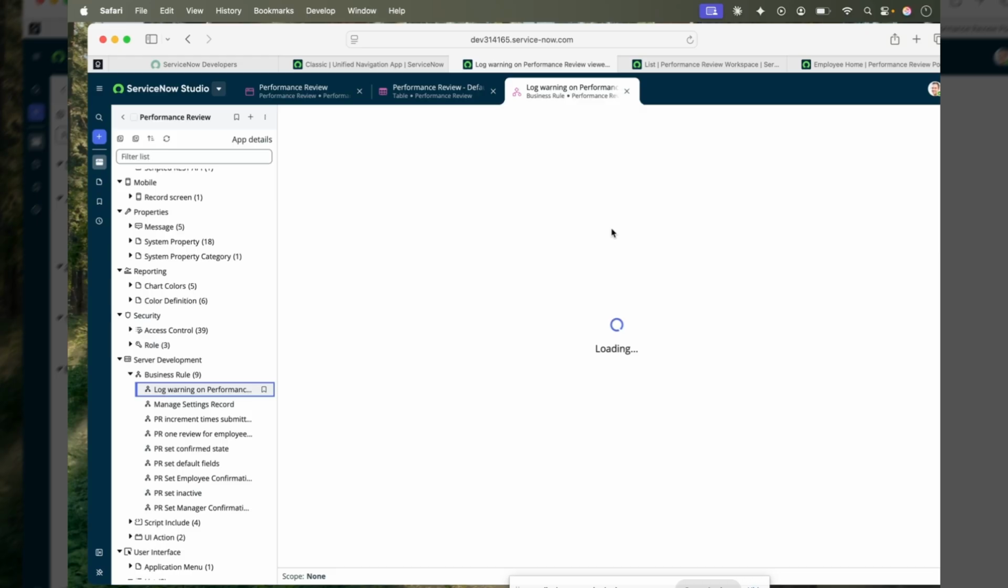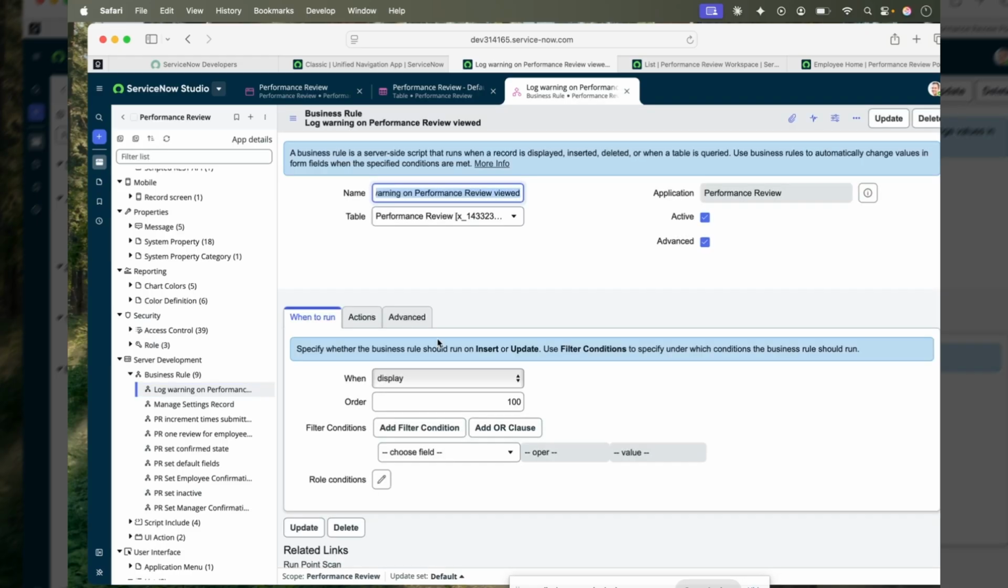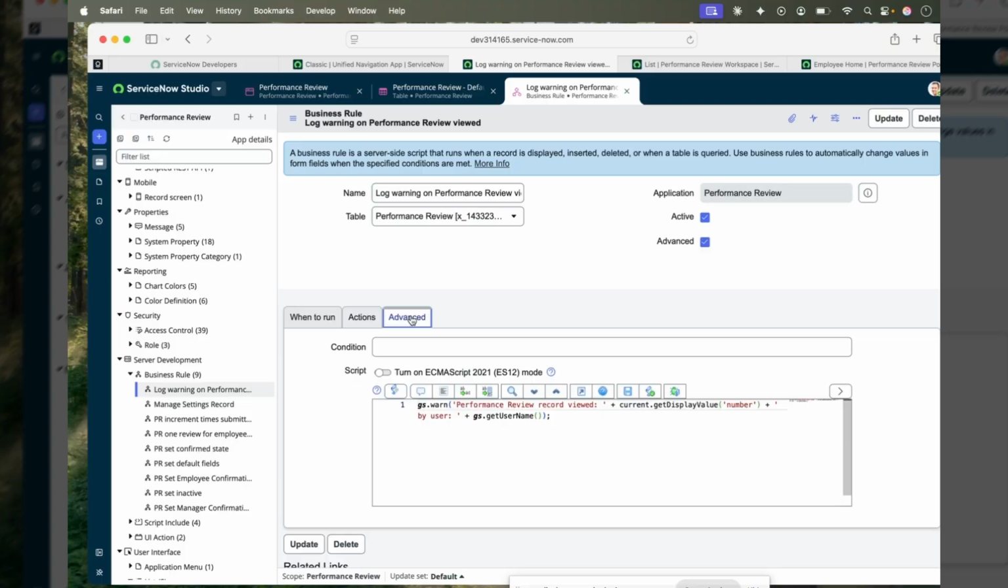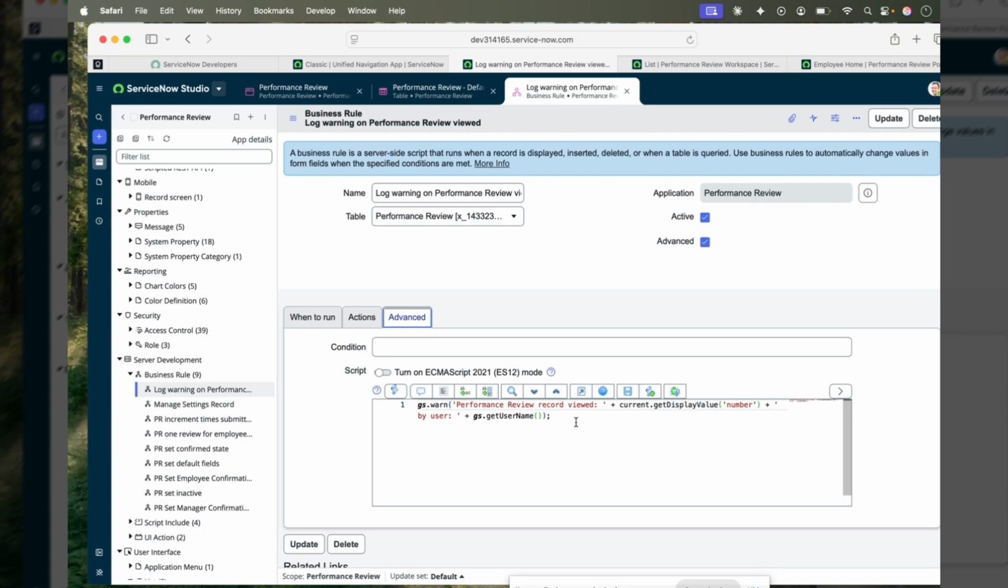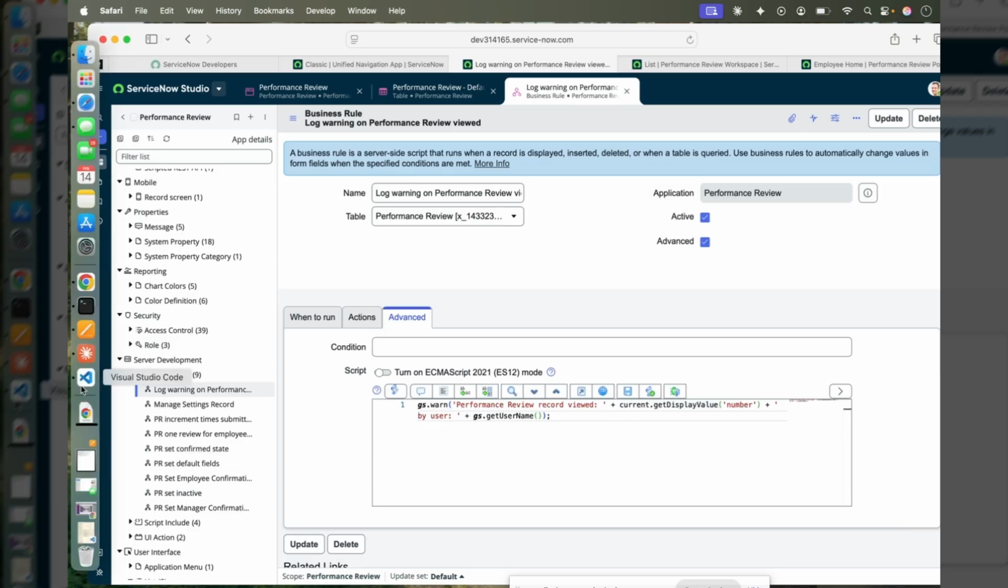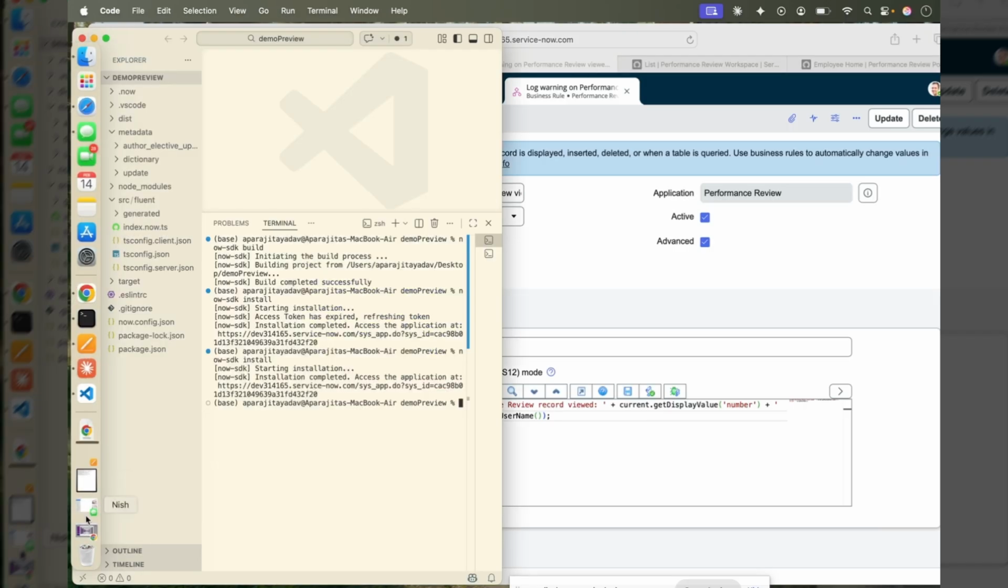Let it just open. Okay, so on display, which was good. That's what I wanted to understand, that when it is creating it, it should be on display. And yeah, it is going to log this message that this user has looked at this performance review. Amazing. So this is perfectly fine. Now let me go back to my terminal and